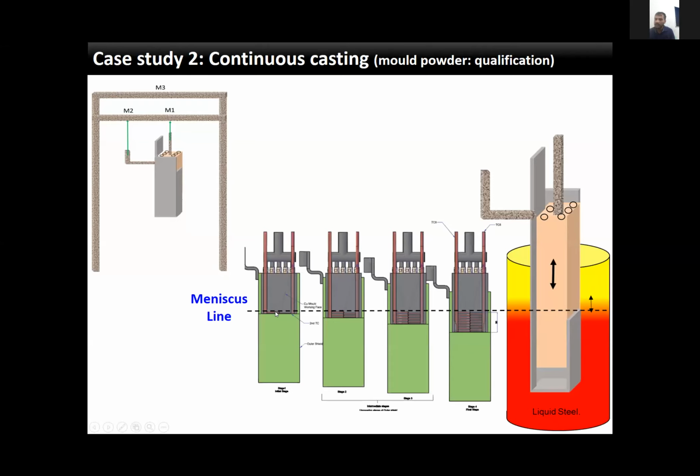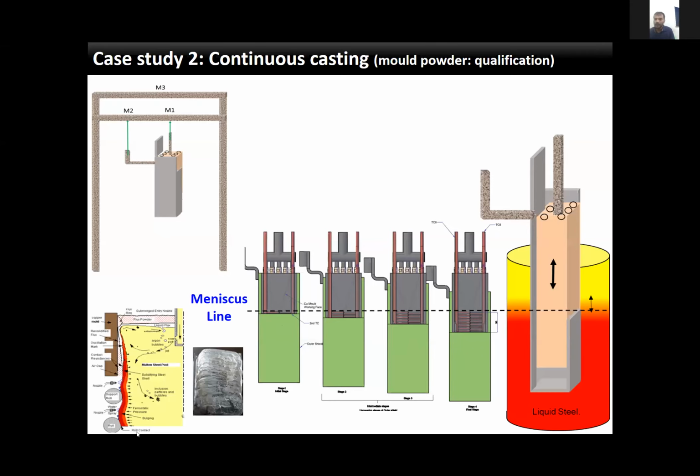Okay, this you can see. Initially, the meniscus is here, and the green cover is here. And when you are pulling down, you have to maintain the meniscus level always here. Okay, understood? I think I am able to deliver this clearly. The initial solidification will form here, and you are pulling that down. When you are pulling down, the liquid steel will flow. The new fresh liquid steel will face the copper mold, and the casting will happen.